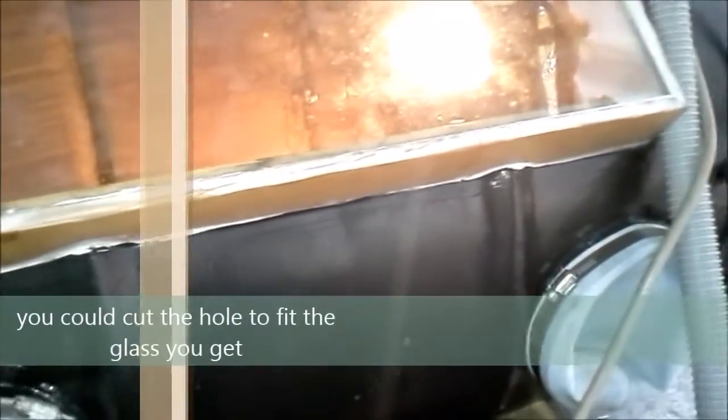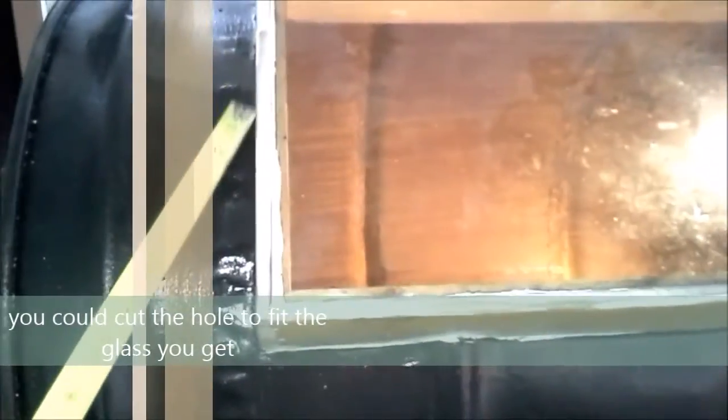Let's start out here. What I did at first, I tried to cut my hole. I don't know how I came up with my measurement, but I wanted to be able to see as much as I could. So when I did lay it out in here, I cut the square off,